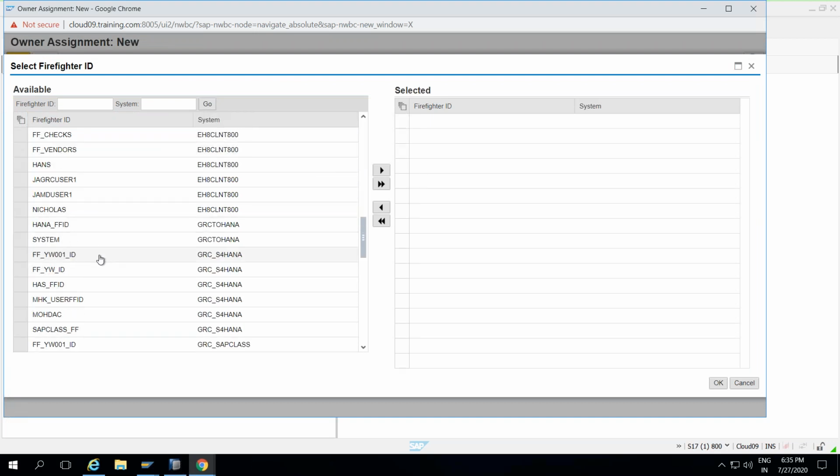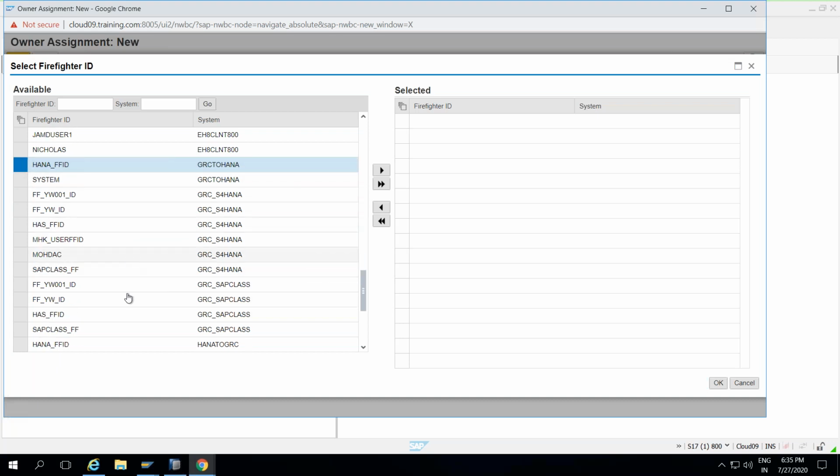So many are there. So this is one. HANA M. GRC to HANA. Yes, GRC to HANA. Check the connection detail. This is the one that is there. And where is this one?